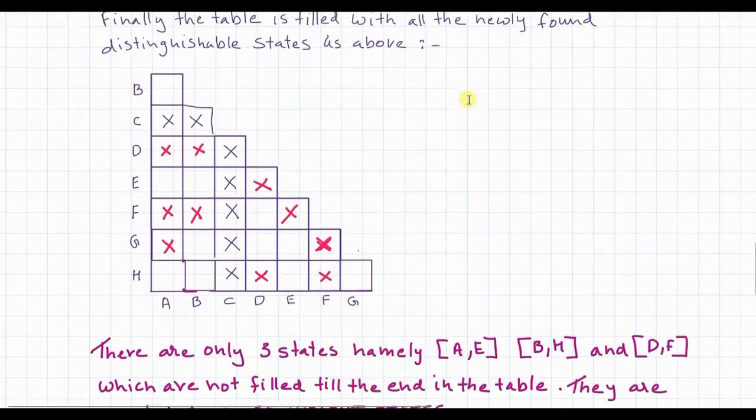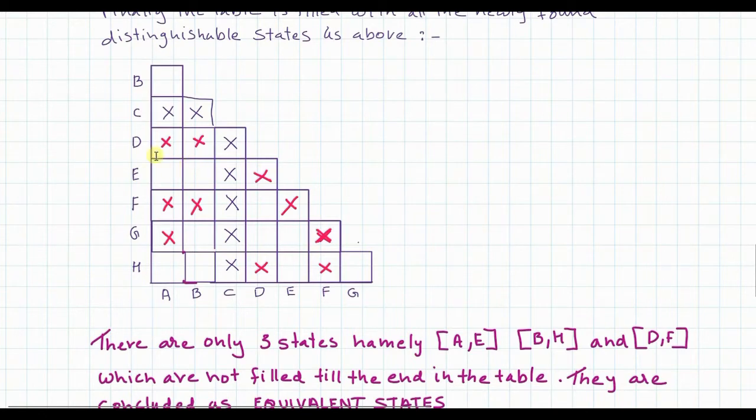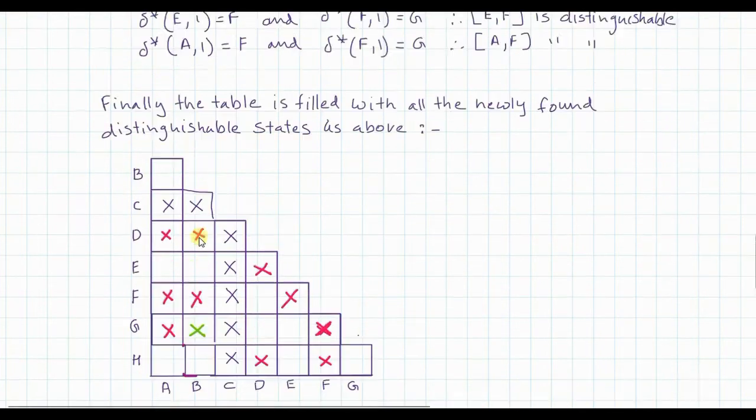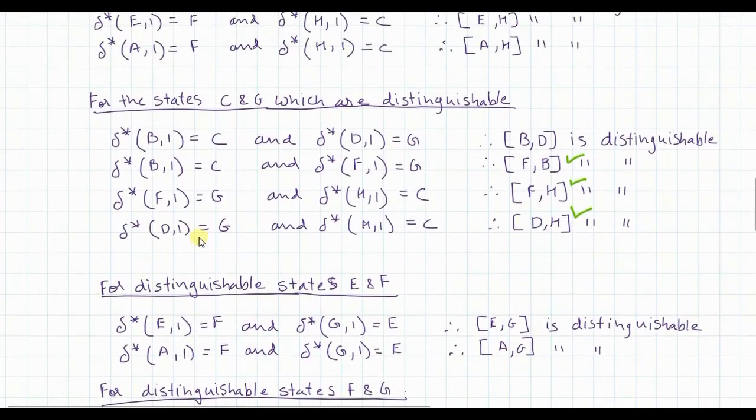So you go to the table, and what is B comma G? B comma G is not possible. Let's see whether G comma B is possible. G comma B is possible. This is G, this is B, so this is that cell. So I am going to mark that cell G comma B.